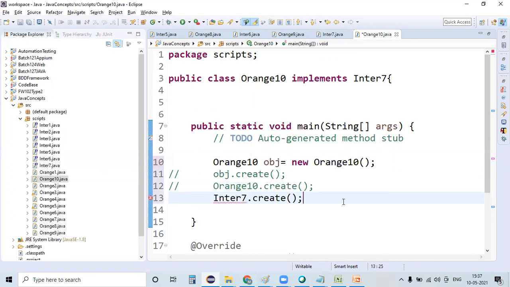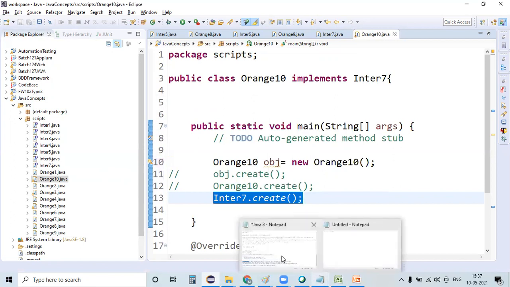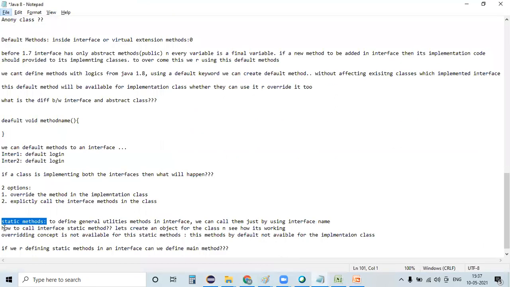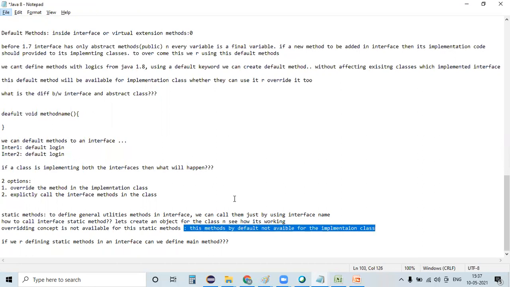Interface name dot static method name, I can access that information. If you go back to the documentation, you can't create any object to access the information, and moreover, you can't override it. The only way you can call it is interface name dot static method name.